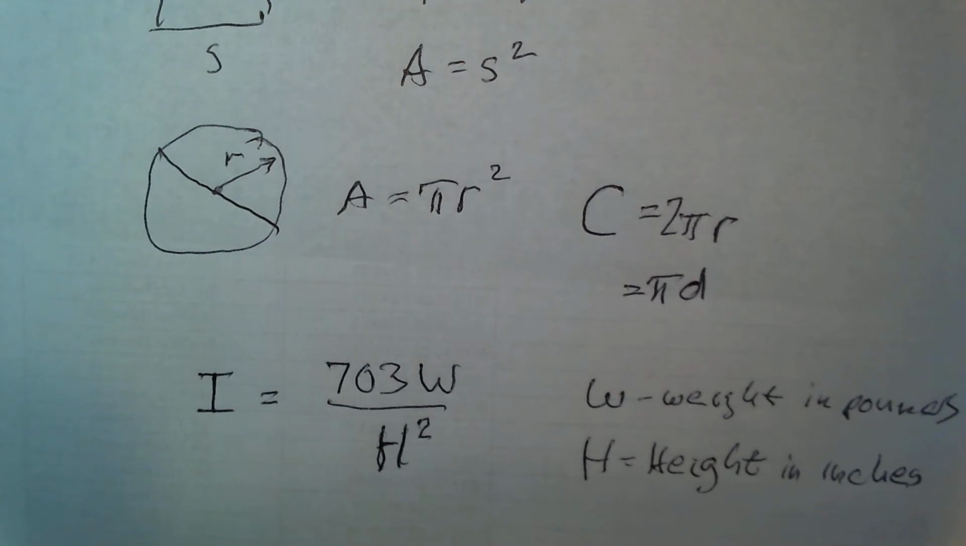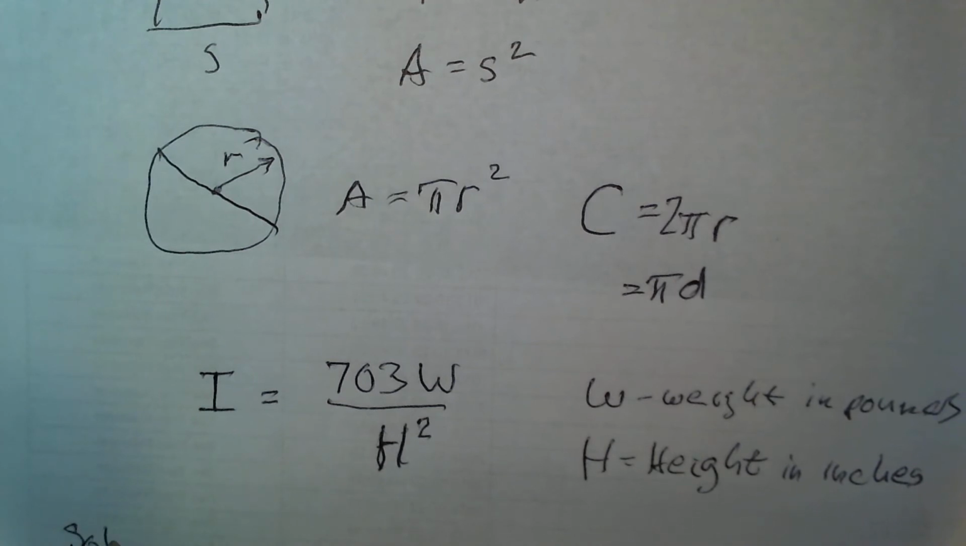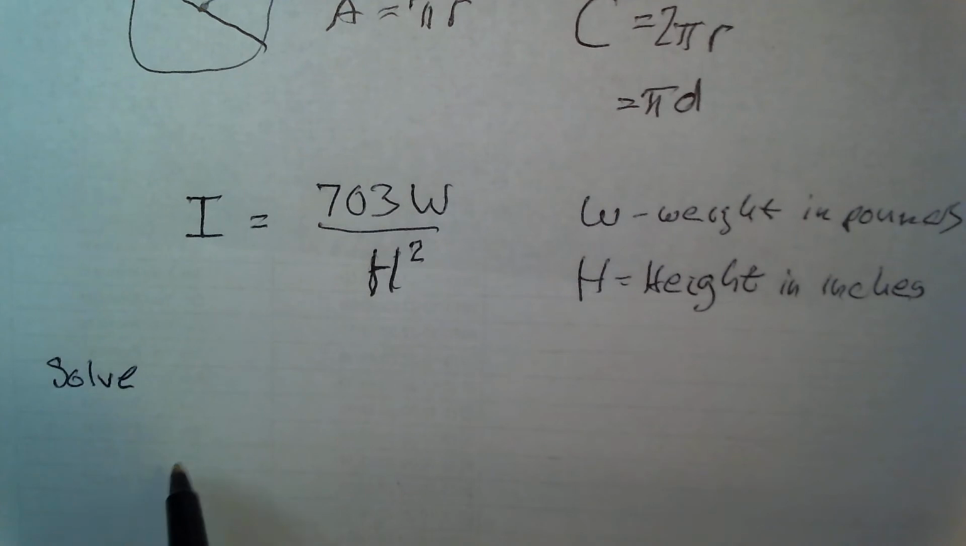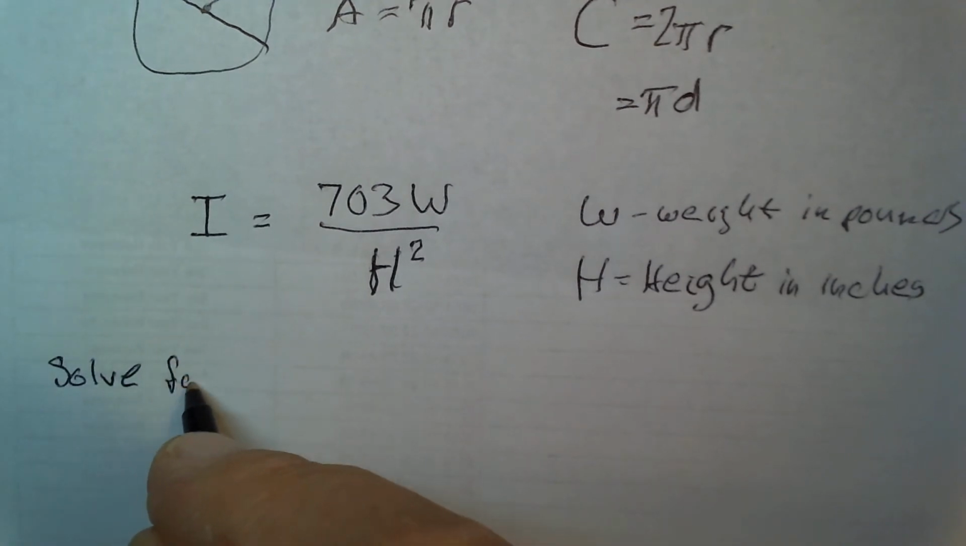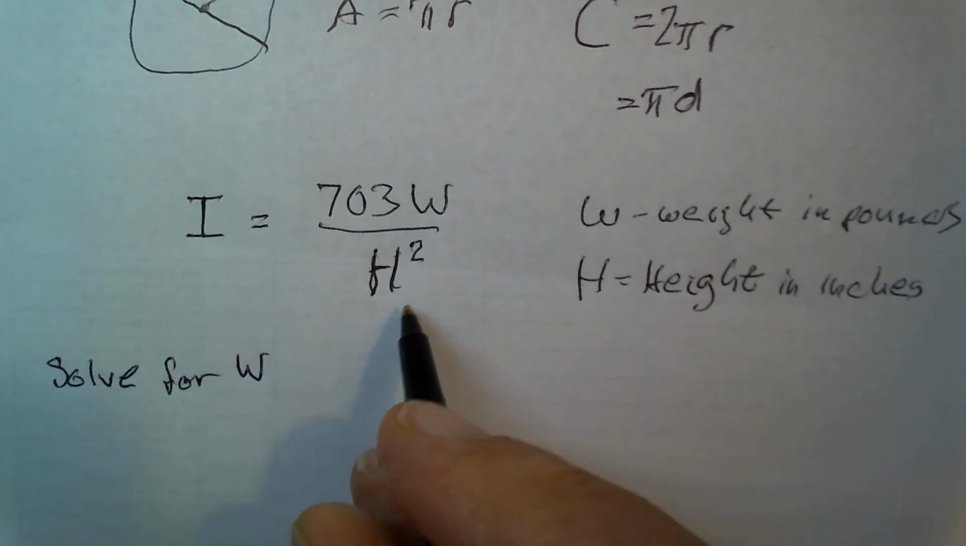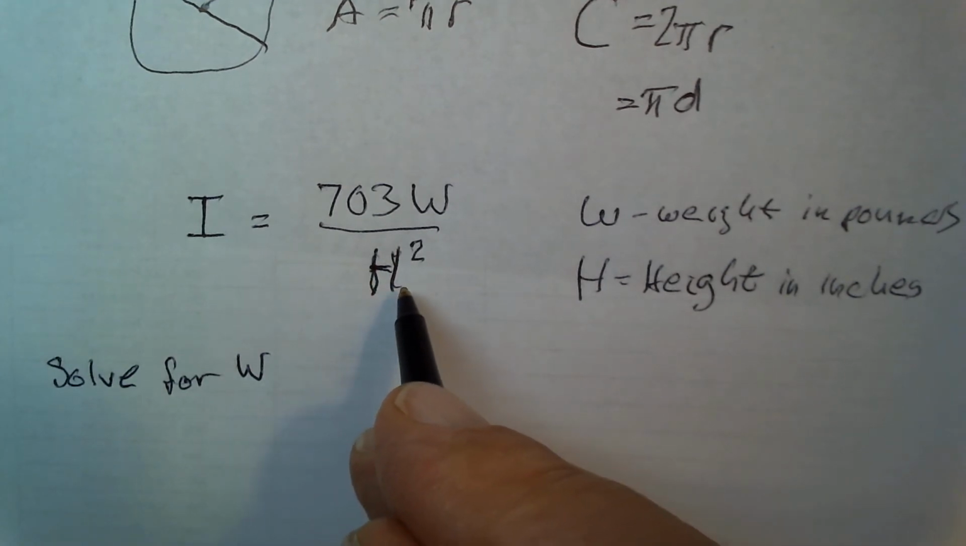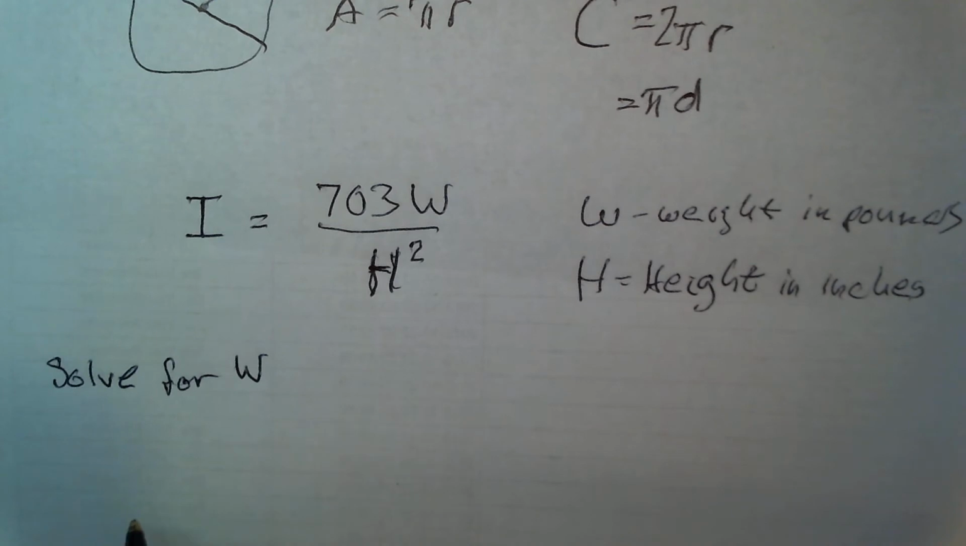And so in this formula we can solve for any of the variables. For example, if we wanted to solve this formula for W, let's suppose that is what we're supposed to do. Solve the formula for W. Notice we have an h squared in the denominator, so we multiply both sides by h squared. So we have